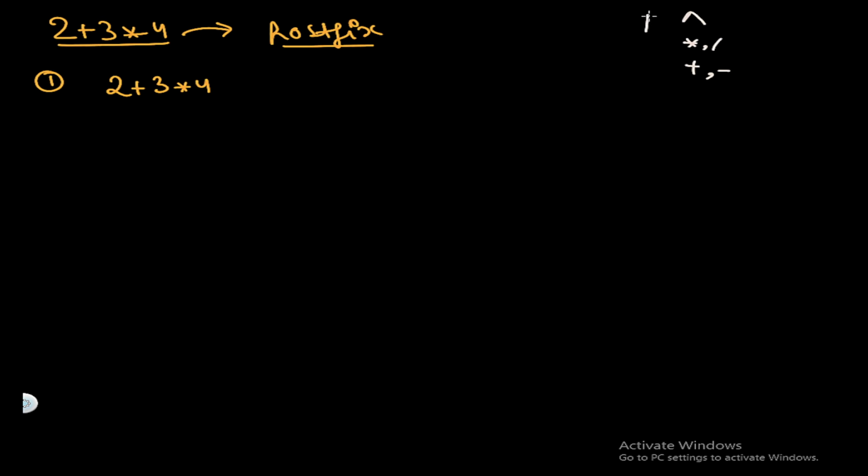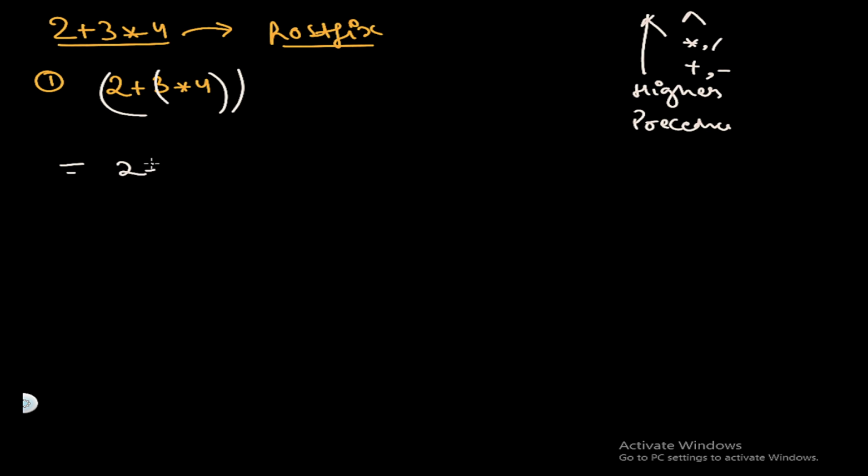So these are the higher precedence, right? We can parenthesize this given expression like this, and it would become 2 3 4 into plus. In this way we could handle the situation, right? Now let's discuss how we can implement this using stacks.